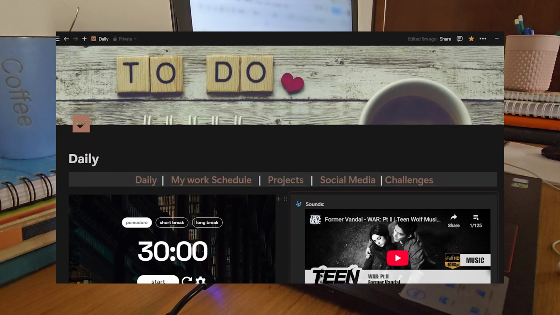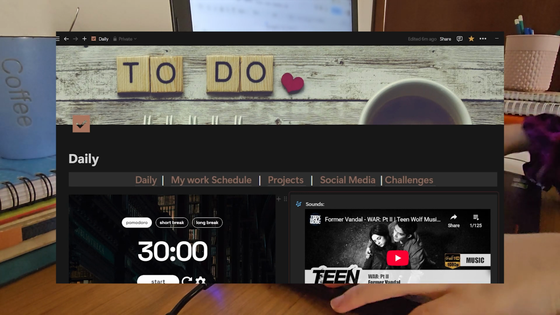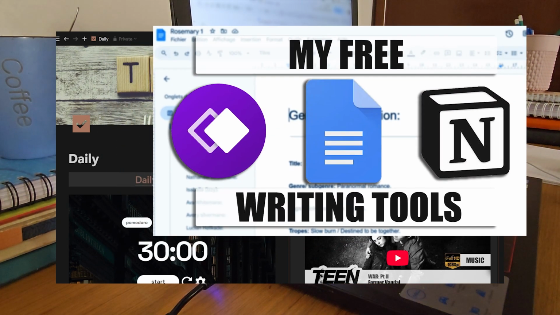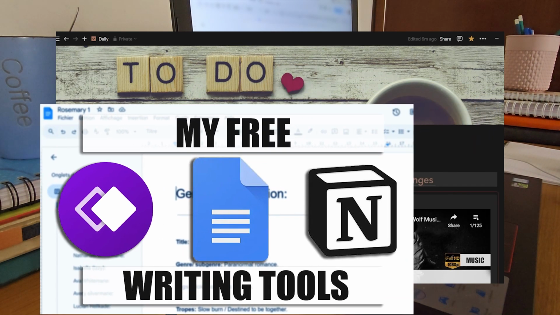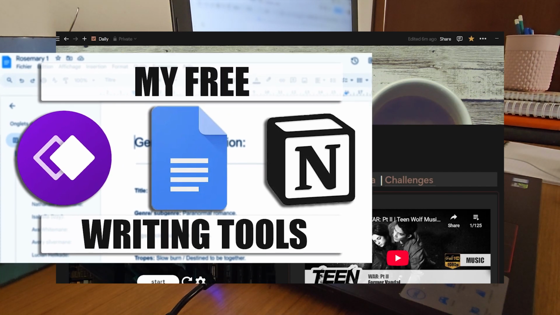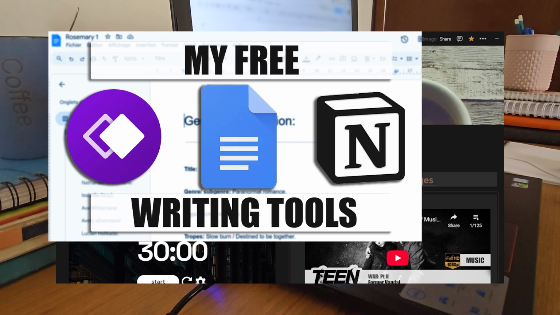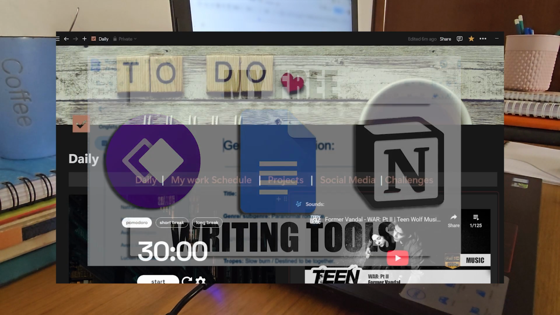Here is my layout or template. I tried my best to make it as simple and easy to navigate as I can for my own sake, because I get lost so easily. In the video about my tools, I did promise a tutorial on Notion, but it is not going to be today. Today, I just need to get this done.